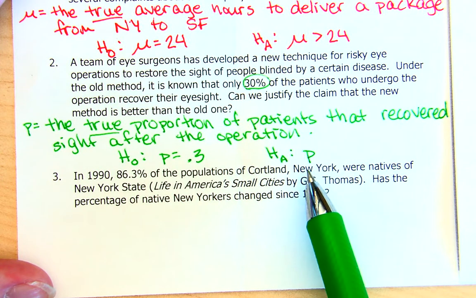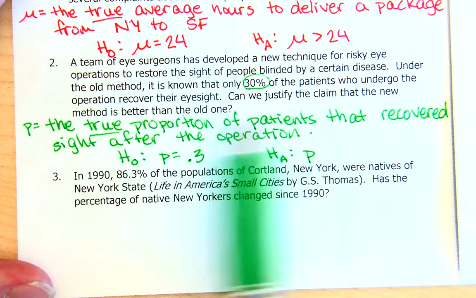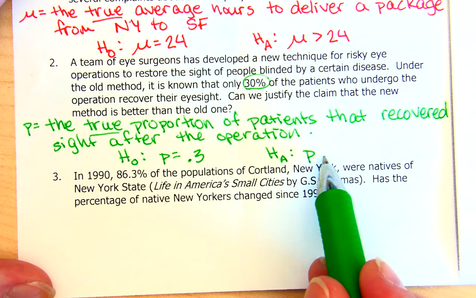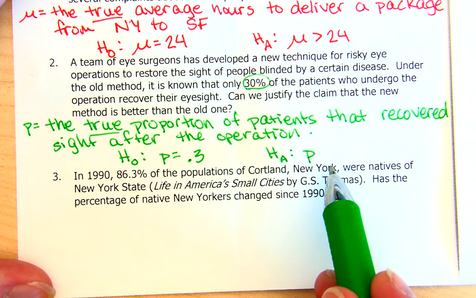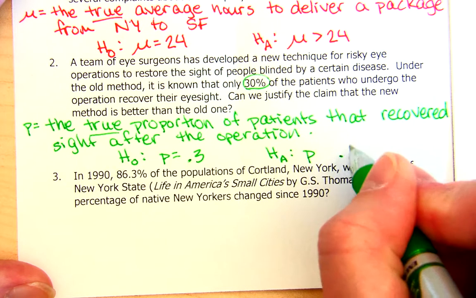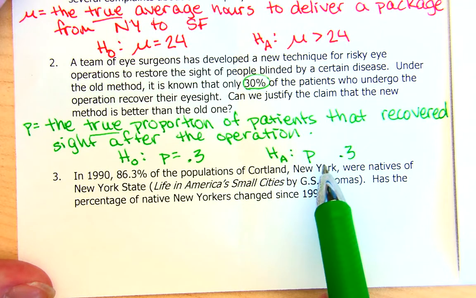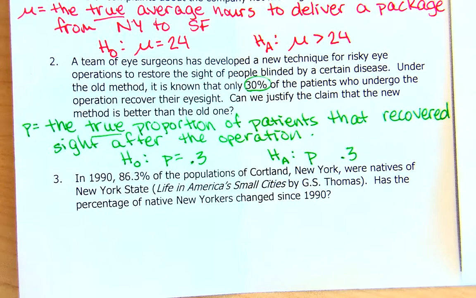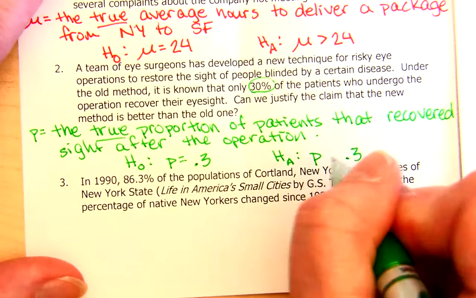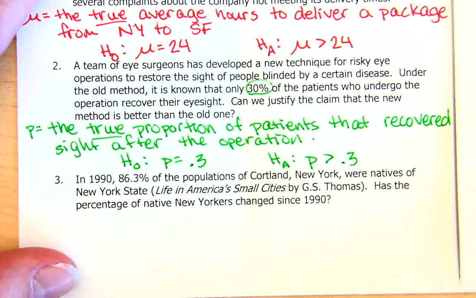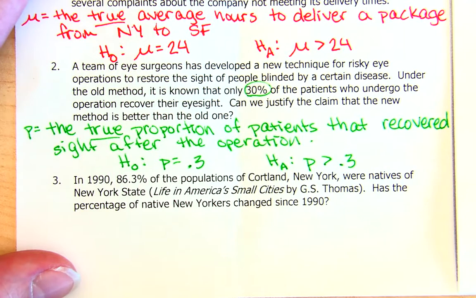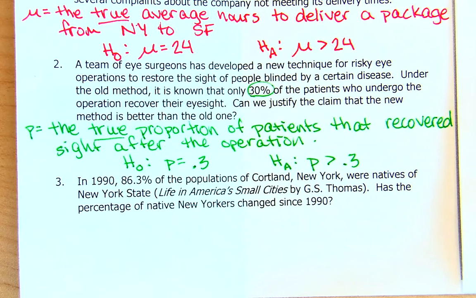So, we want to justify that the new method is better than the old. So are we going to say greater than, less than, or not equal? We're still going to get 0.3. Are we going to say this is more than 0.3, less than 0.3, or just not equal to 0.3? We want to say the new one is better. So more people are recovering. So this one's going to be a greater. Does that make sense to you? So more people will recover their eyesight now than did before. So technically speaking, about the population,